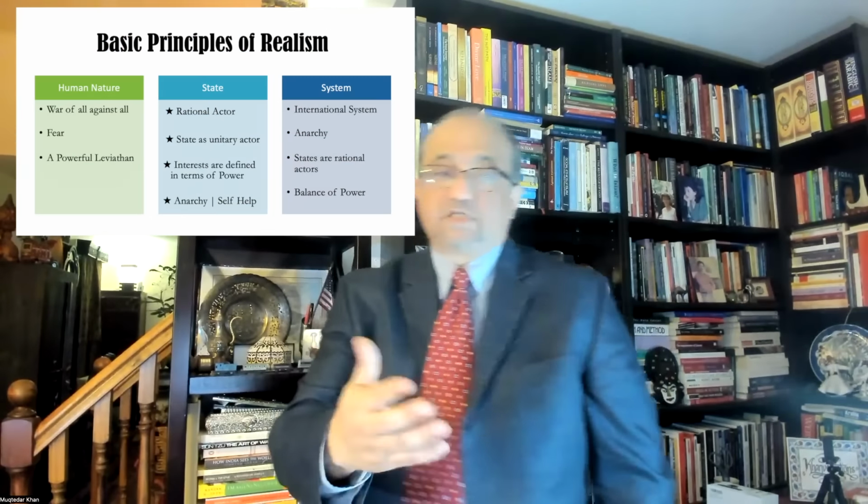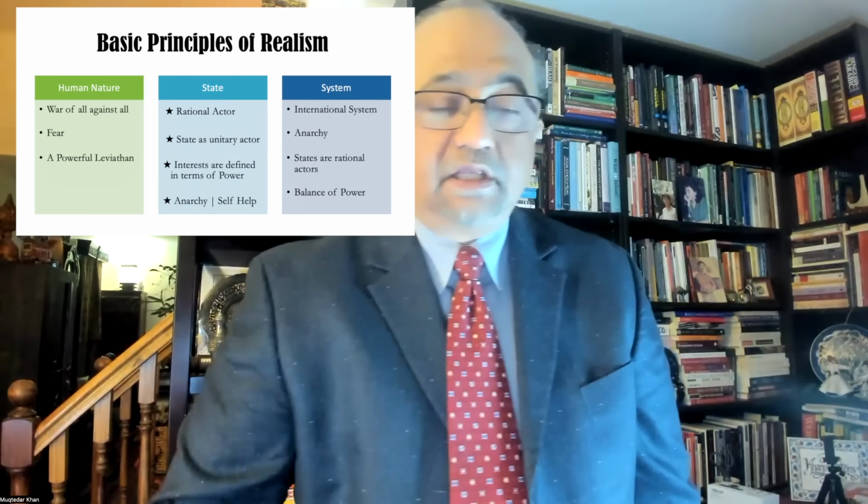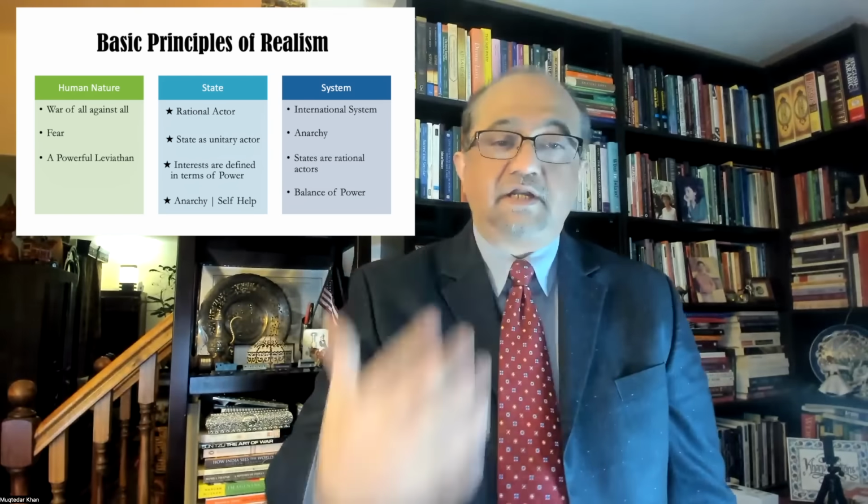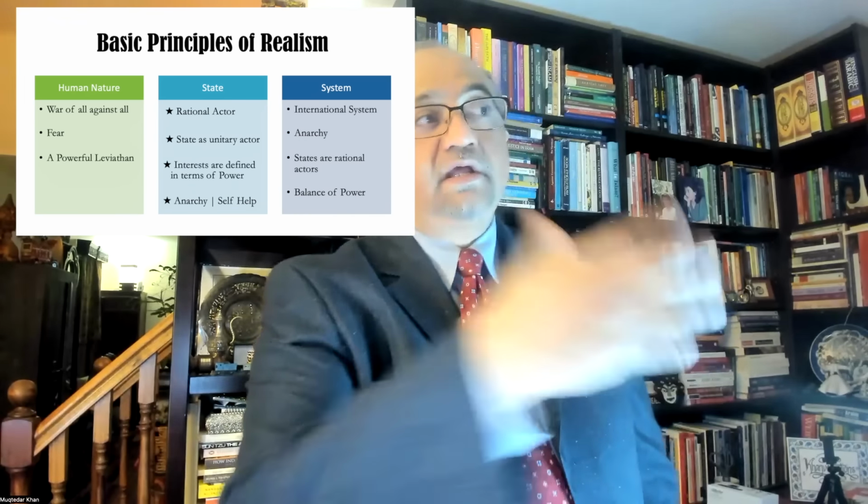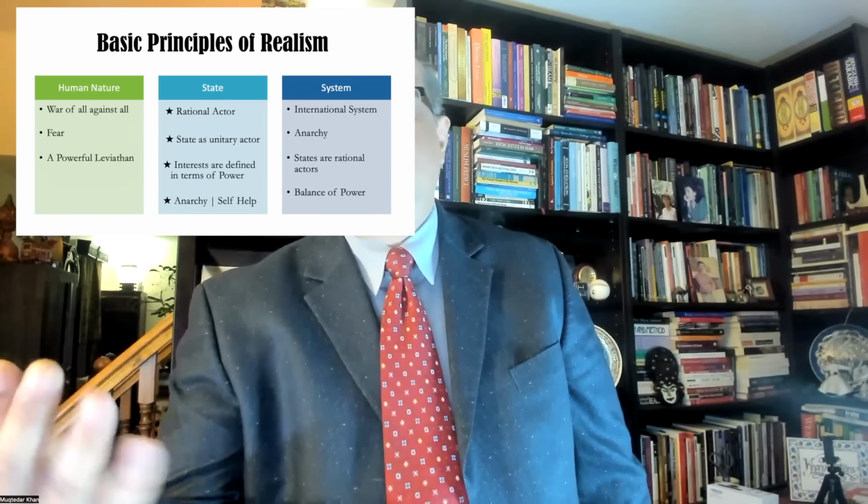تو بیسک پرنسپلس کیا ہیں؟ ہیومن نیچر کی تو میں نے کافی بات کر لی ہے کہ یہ ازمپشن ہے کہ انسان ڈرپوک ہے، اسے ڈر ہے کہ ہر شخص دشمن ہے، ہر شخص میرا مال لوٹنا چاہتا ہے، میری جان لینا چاہتا ہے، اور اس سے حفاظت کے لیے مجھے ایک پاورفل گورنمنٹ چاہیے جو مجھے اندر کے بھی اور باہر کے بھی خطرات سے محفوظ کرے۔ یہ ہیومن نیچر اپروچ ہے۔ جو اسٹیٹ اپروچ ہے وہ بہت انٹرسٹنگ ہے۔